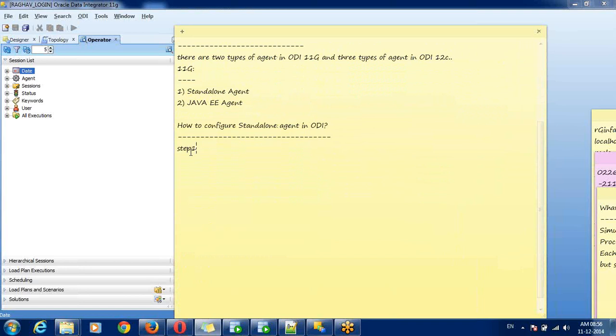Step 1: create the standalone agent in ODI Studio, in topology, physical architecture.